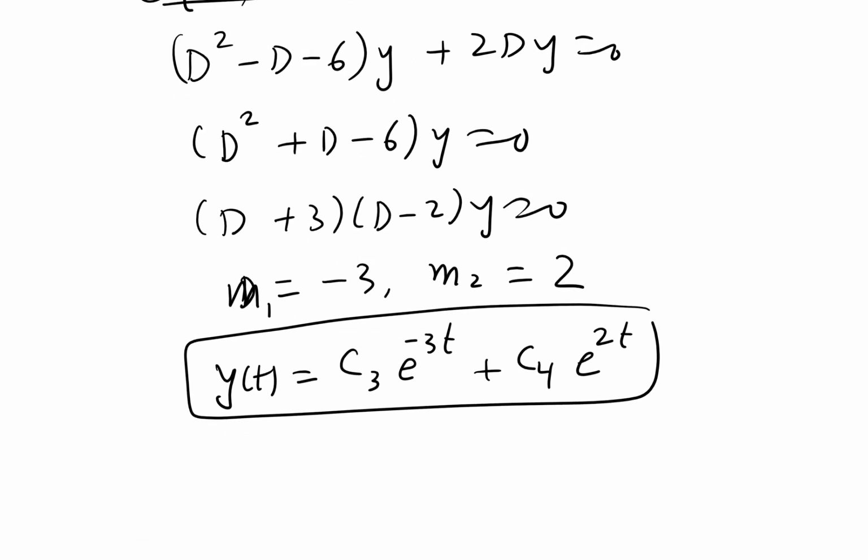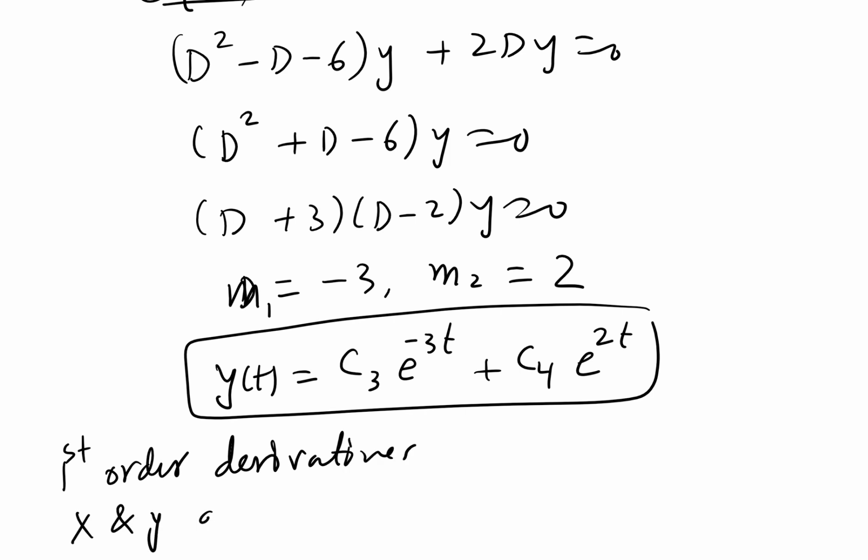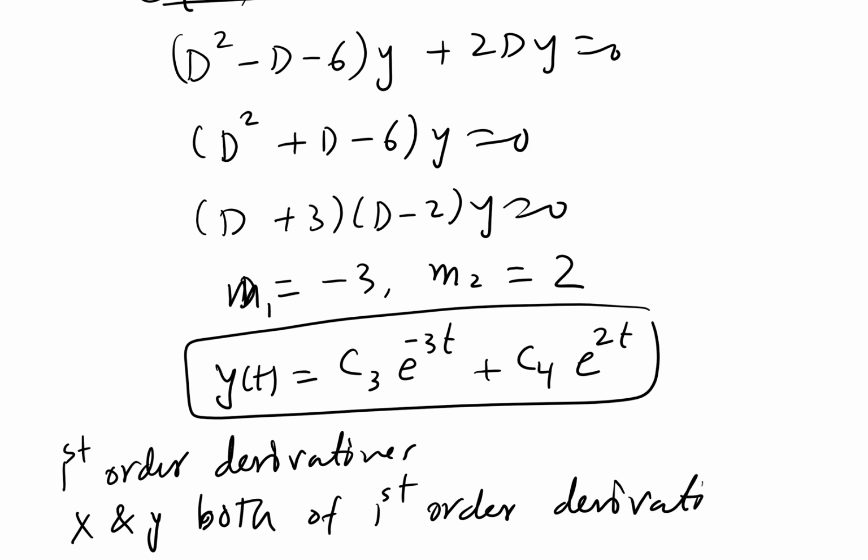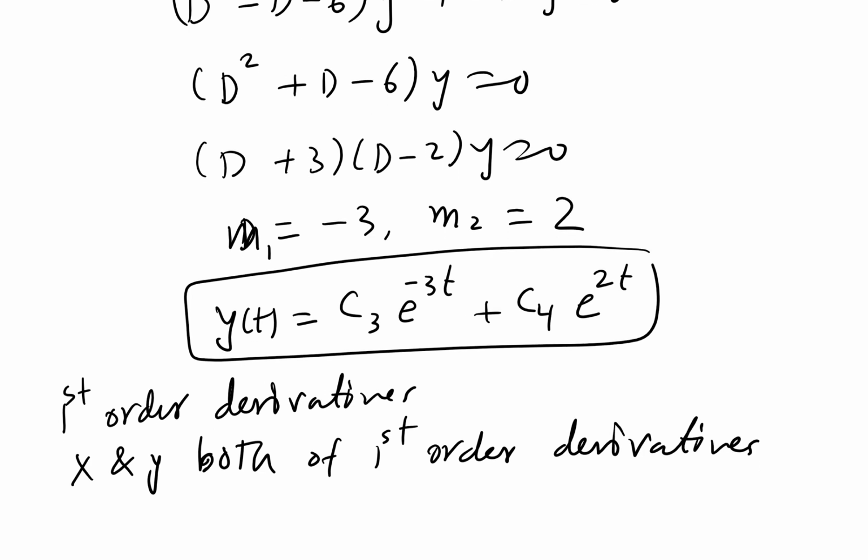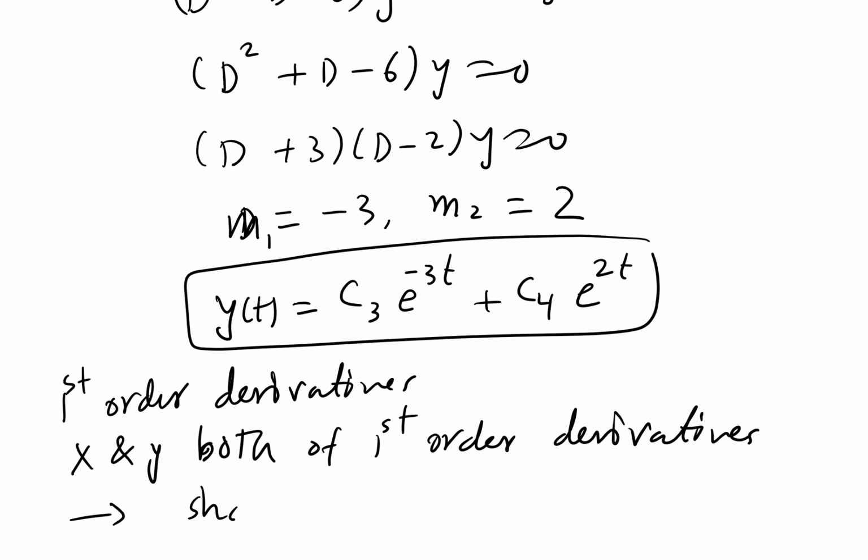So notice something here. We're dealing with first order differential equations, or first order derivatives. So this means x and y both have first order derivatives, as it's given in the system. So what does that mean? That means we should have